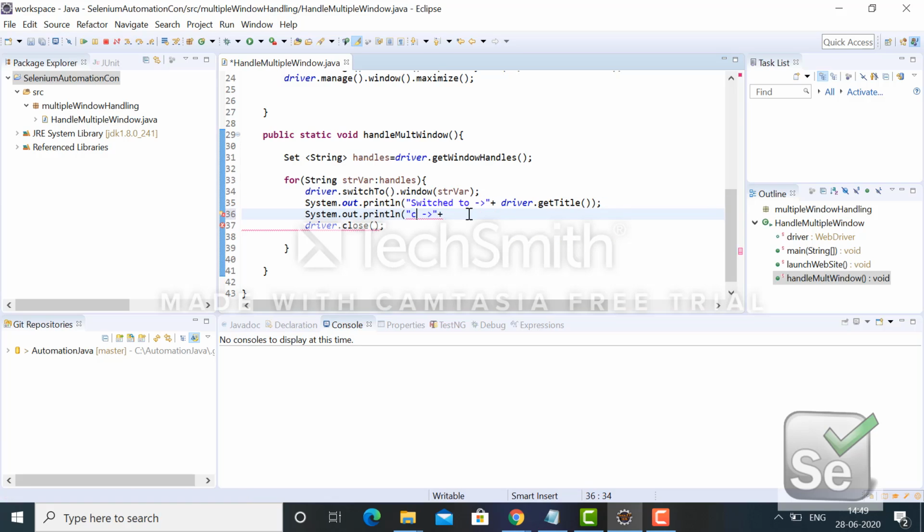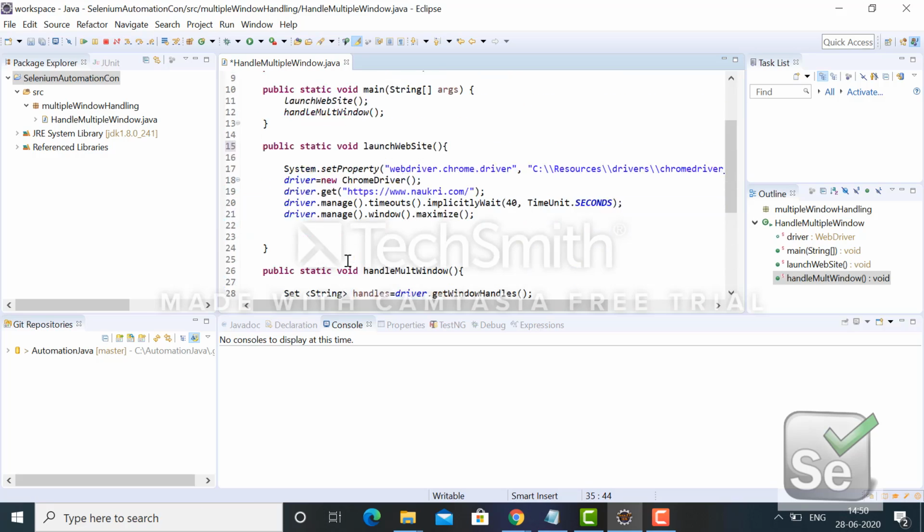Closing window. Once closed I cannot capture, but before that I will capture it. So I am just switching and then closing the window, driver.close.